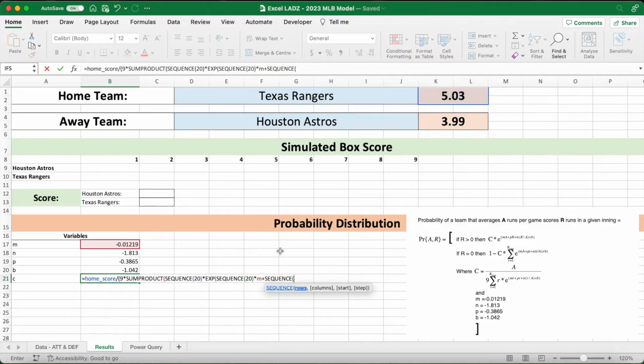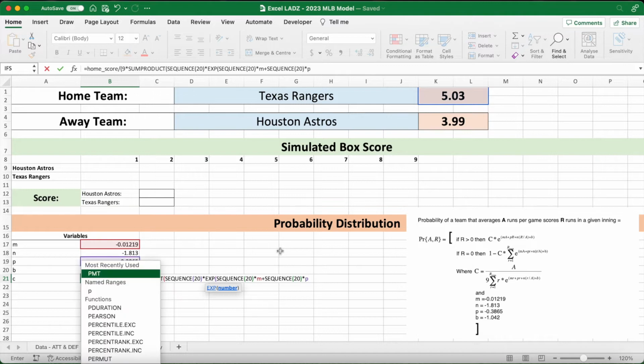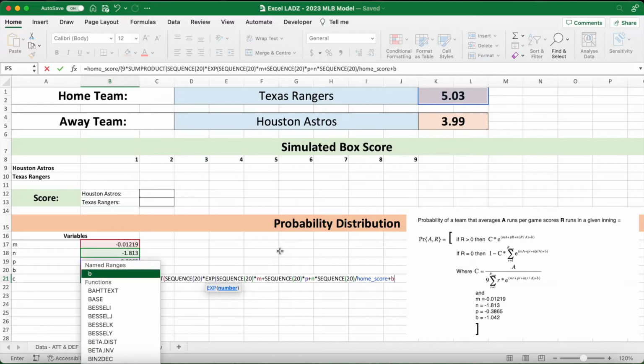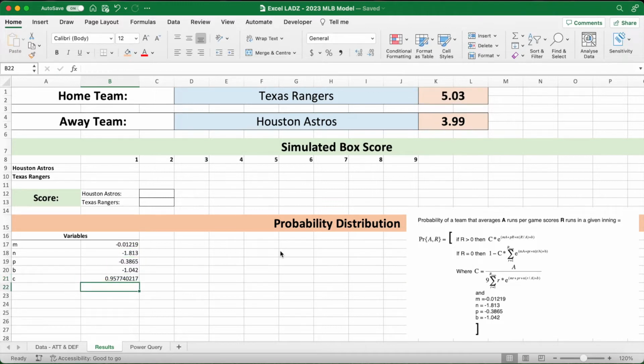plus, it's going to be another SEQUENCE function, SEQUENCE, open bracket 20, close bracket, multiplied by P. So we're doing our next named cell plus N multiplied by SEQUENCE again. So SEQUENCE, open bracket 20, close bracket. And once you've closed the bracket, divide this by the home score, home underscore score. And once you've done that, add B, so plus B, and close the bracket 3 times, press enter,